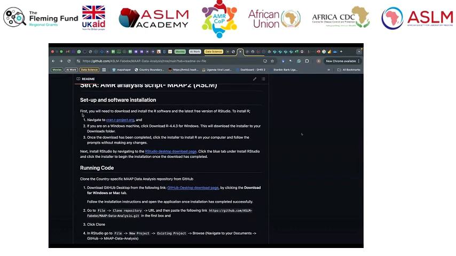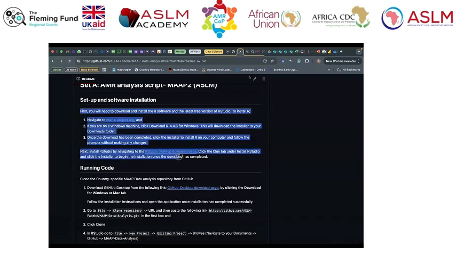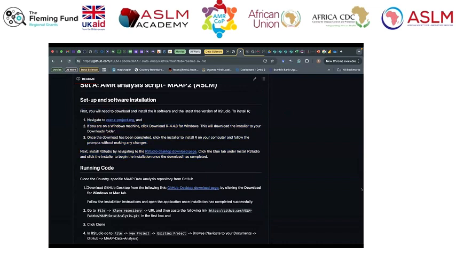The first thing to do is to make sure you install the right software. You'll set up the environment. The first thing to do is install R. Second one is to install R Studio, and lastly, the third is to make sure you install GitHub Desktop. There are links in the documentation on where to find and download the required